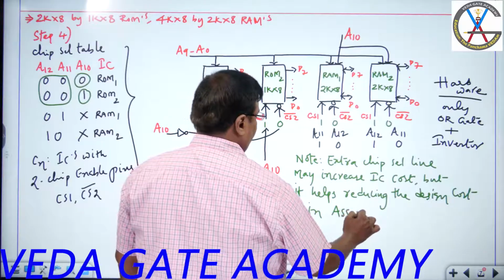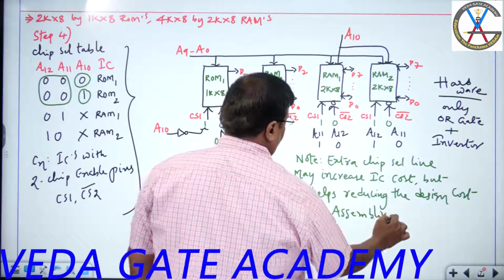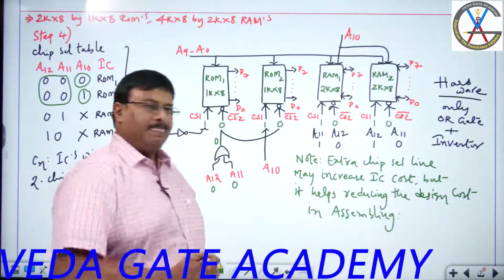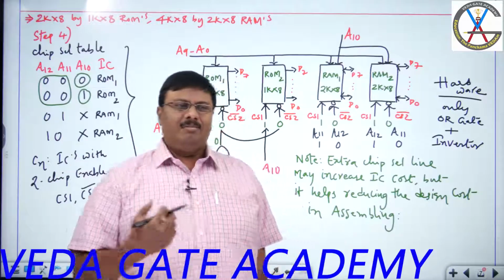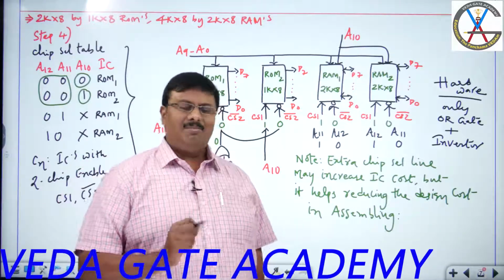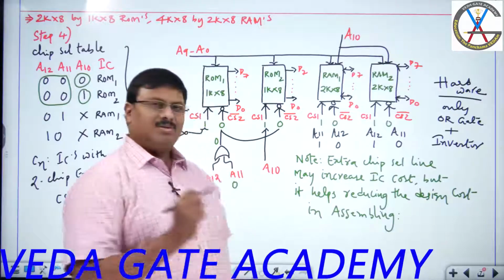Please tell me. Repeat once again: an extra chip select line may increase the cost of the IC, but it reduces the cost of